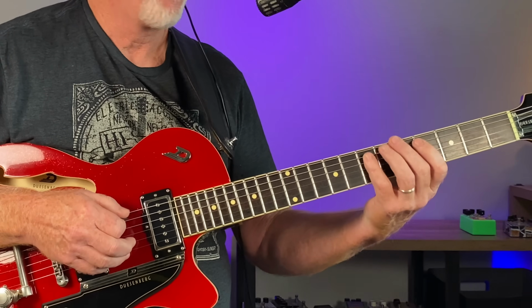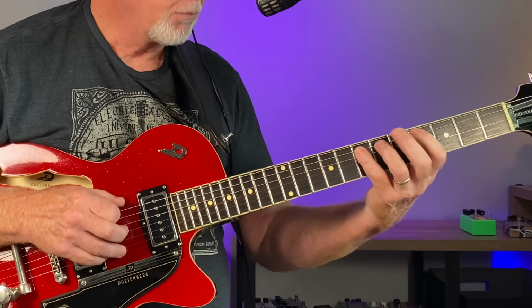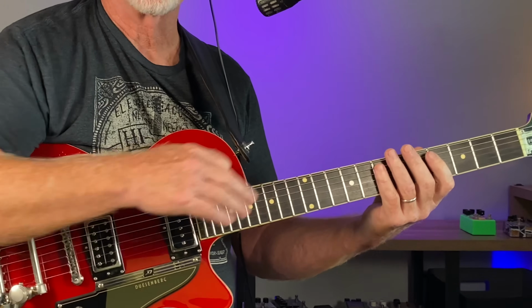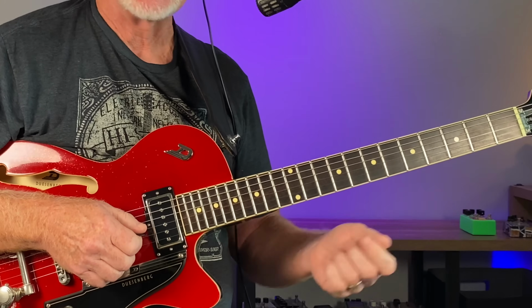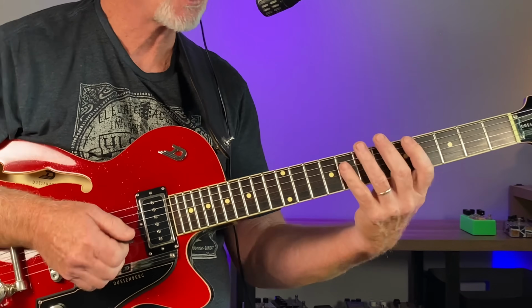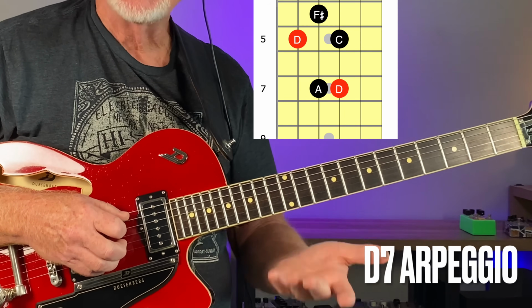It's that simple. But when you do this in a rhythm, and I'll leave a link for this backing track, because this is a fun way to practice the blues, getting that movement with that sweeter sound, but still have the minor pentatonic licks right around that. So if we move to the D7 chord for this arpeggio exercise,